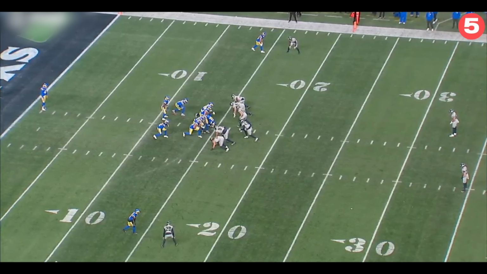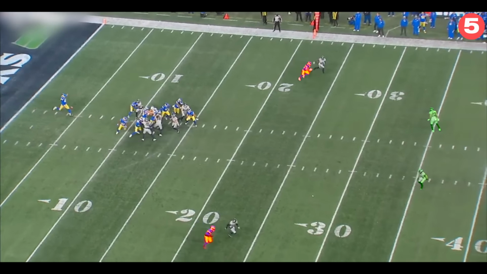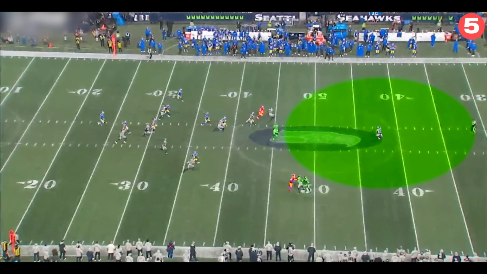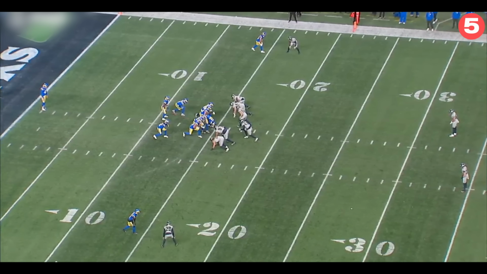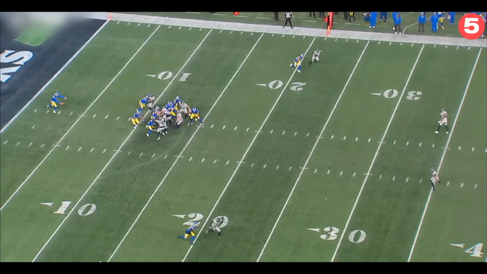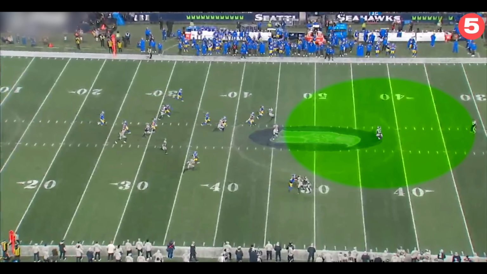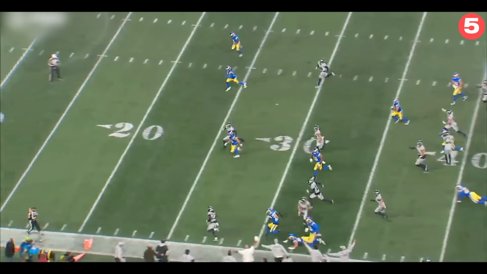The Seahawks line up in an unconventional punt return formation with two personal blockers. Their job is to slow the gunners, allowing Shaheed to catch the ball with space to work. And even though the Rams are backed up deep, the Seahawks make little effort to rush, and instead the players near the line of scrimmage match up with the Rams players to try and account for every Ram in the coverage unit. All this mixed with a punt that lacks hang time, and you have the recipe for a momentum-shifting